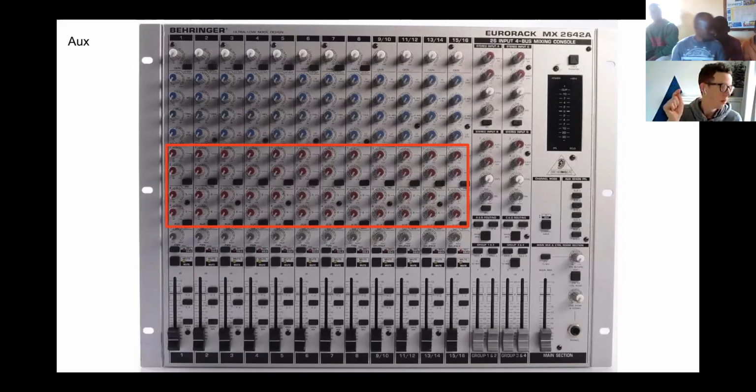And aux number one might be for the worship leader. And then you might have another monitor that is for the vocalists. So that could be number two. Turn that up for the vocalists. And then your instrument players, guitarists or drummer or piano player, they could have a monitor next to them, number 3 or number 4. Again, turn that up and down,